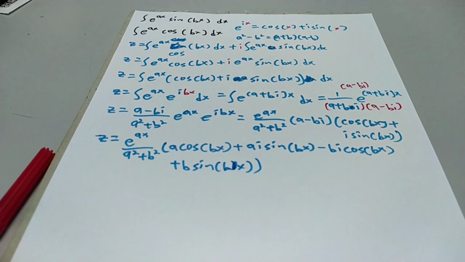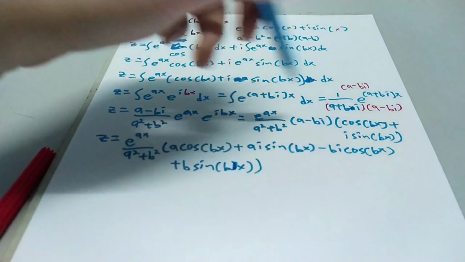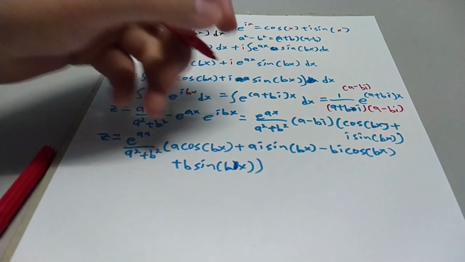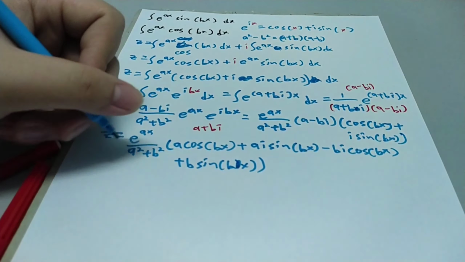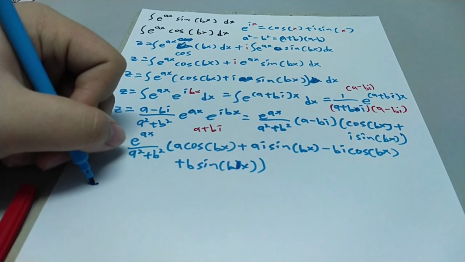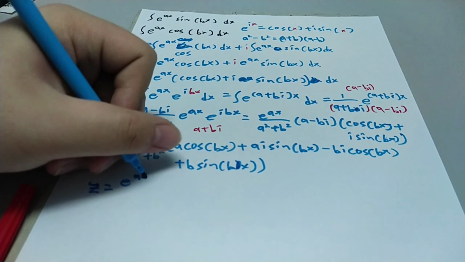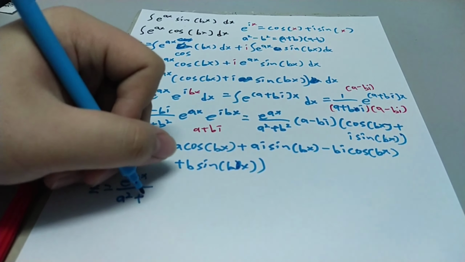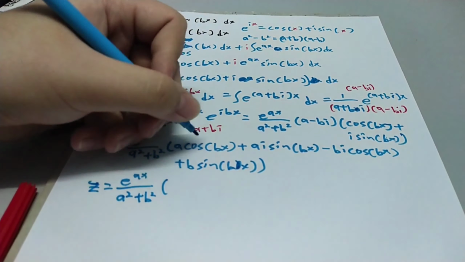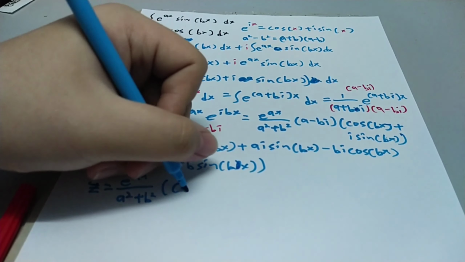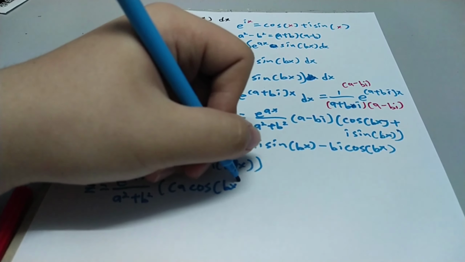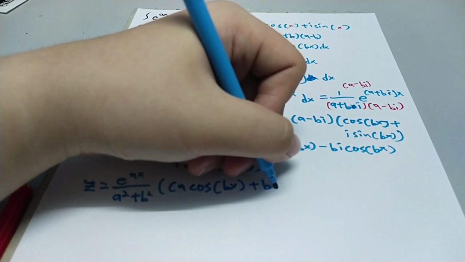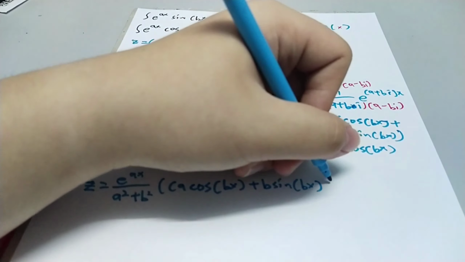And then what we are going to do is group the expression in the form of a plus bi. So z is equal to e power of ax over a squared plus b squared, times a cosine of bx plus b times sine of bx,